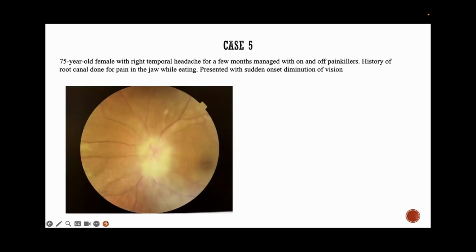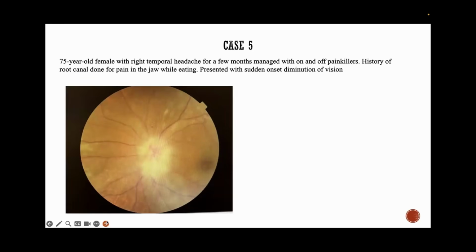And look at the fundus. This is a very clear case of pallid disc edema, which is an arteritic ischemic optic neuropathy. So could we have picked it up? Most of these patients present like this, and we rush to give them IV steroids so that the left eye will not get involved. We've already lost the one eye.